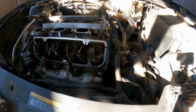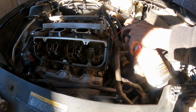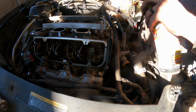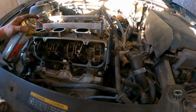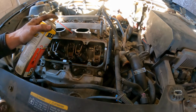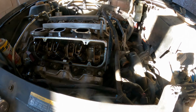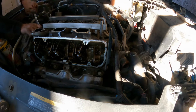So we're gonna put a little bit down here for you. Right here, so you can penetrate on the thread and help us prevent damaging the bolts. Okay. Always be mindful of that. Take care. Take your time. It's better to